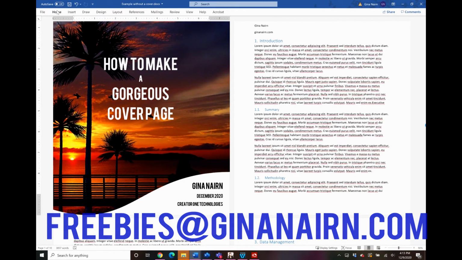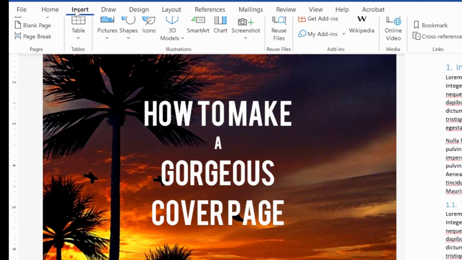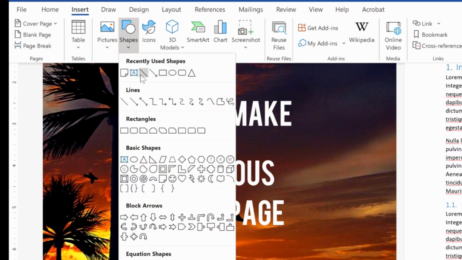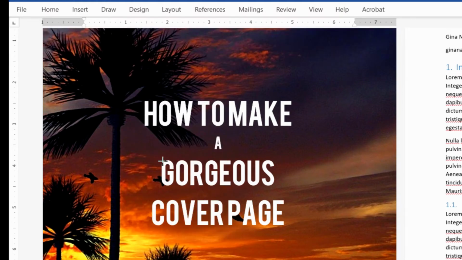All right, so let's do one more thing. Let's go to Insert, Shapes, and these are little details that really are not required, but I just think they add so much.